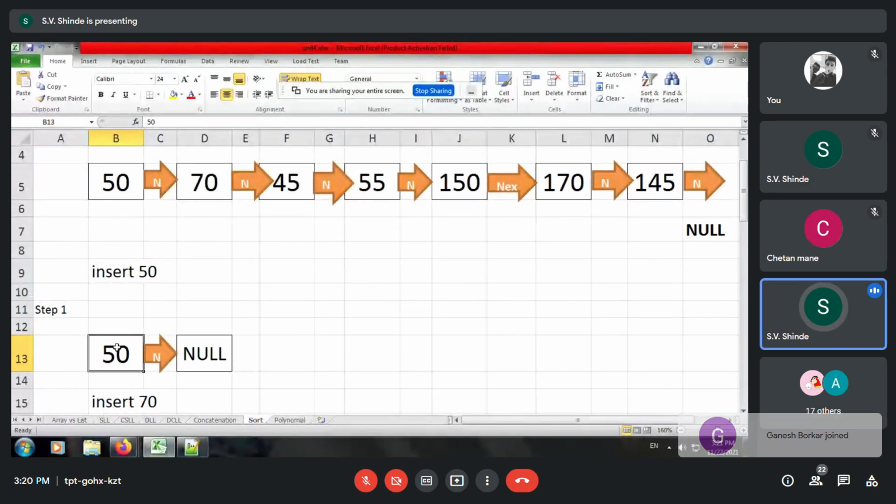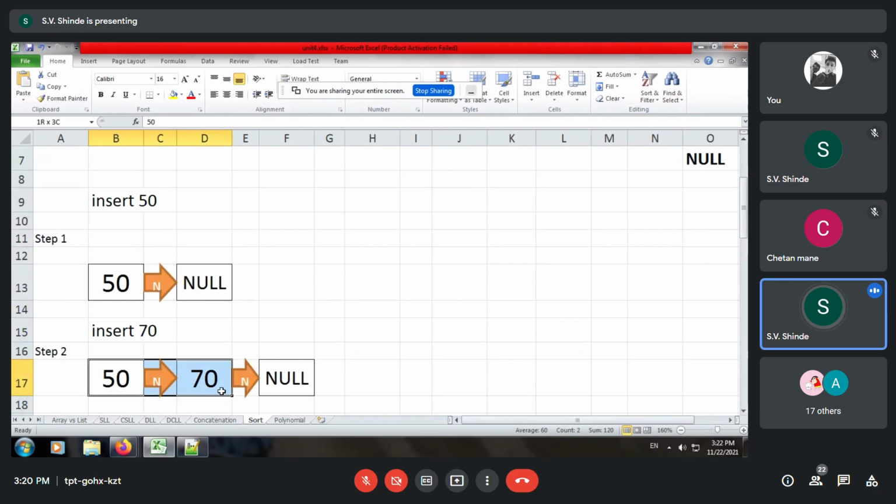That means only one node is created. Then the second element is 70. So we issue the command insert 70. Naturally 70 is greater than 50, so it will be appended at the end after 50. So this much is very easy.